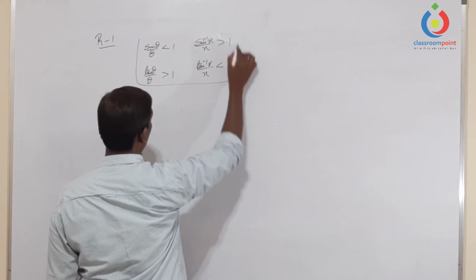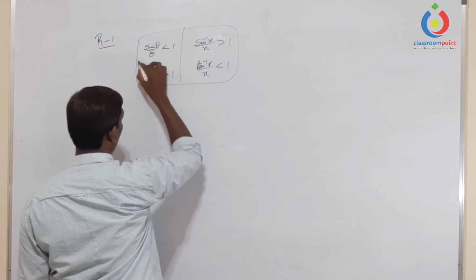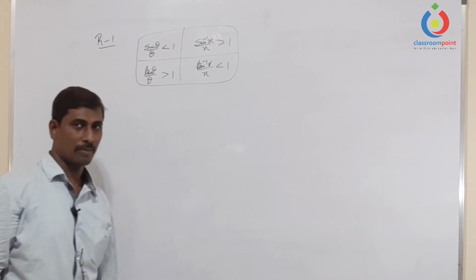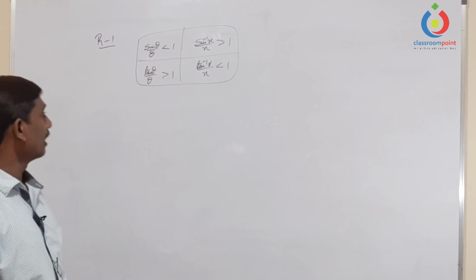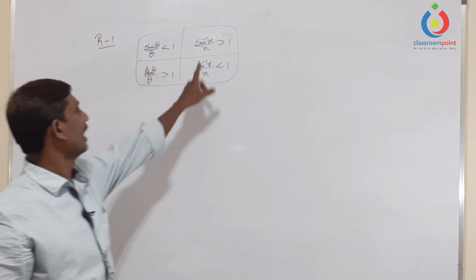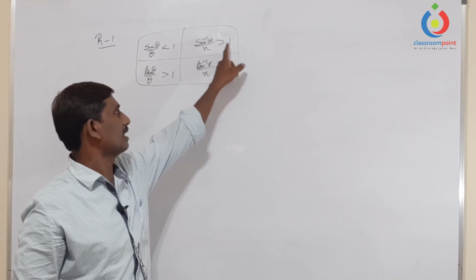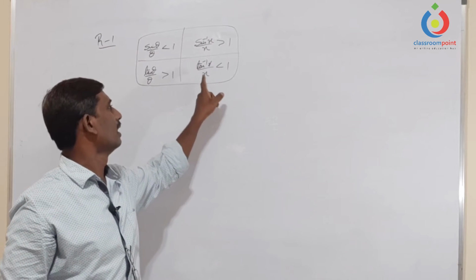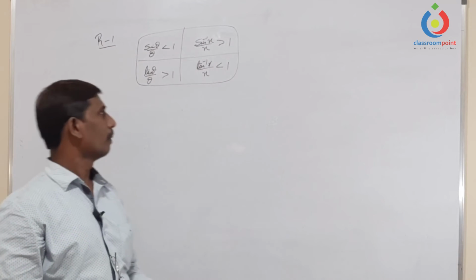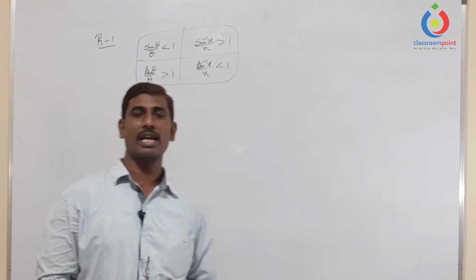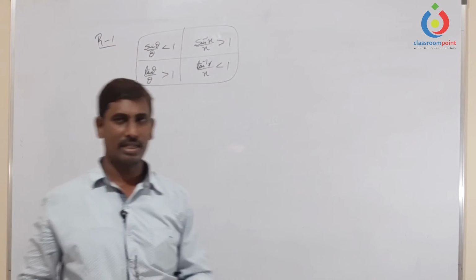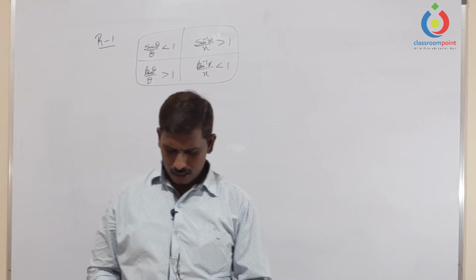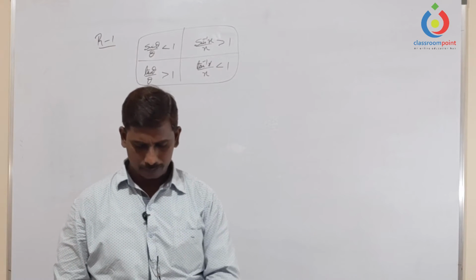This is one of the important points. Remember everyone. Through graph also we have the proof for these four. Through graph we will teach later. Right now, we will take